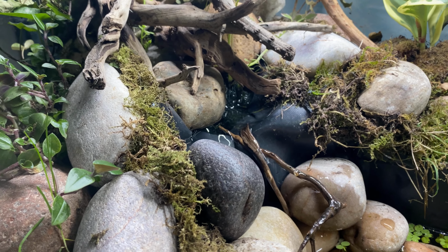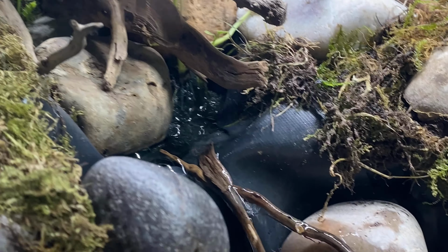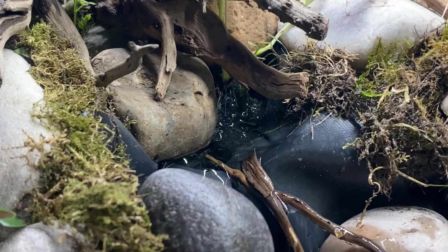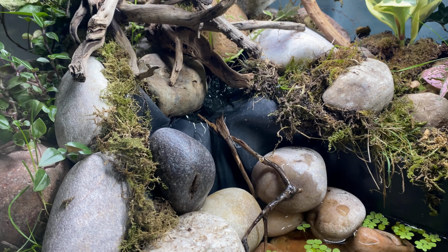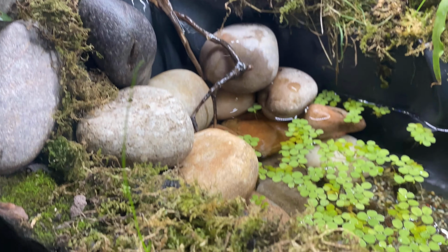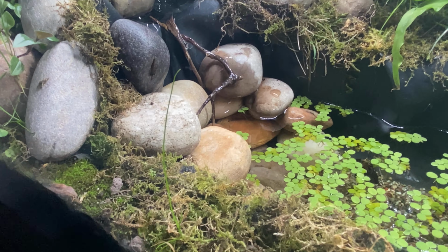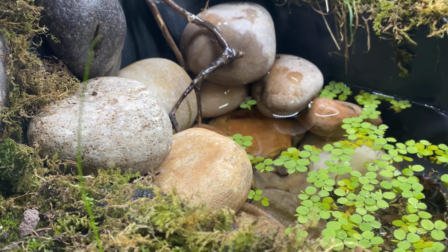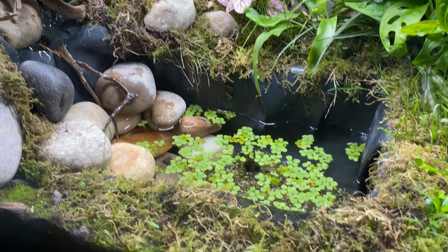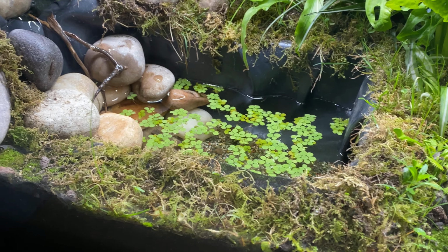I am kind of glad one of the rocks fell down, because notice that the pond plant I had there, if you look, it's actually rooting into the media I put in that little pot, which was a sponge media. So it's going to root down, and eventually that'll act as an even better mechanical layer of filtration. Maintenance, I do need to take that out and clean the sponge and put it back in, because initial running they always clog up easier the first time, and then I tend to find that gets better over time once it's got the main bulk of the initial things in the water out, which mainly are going to be things like the mud, dirt, muck, things like that. But yeah,